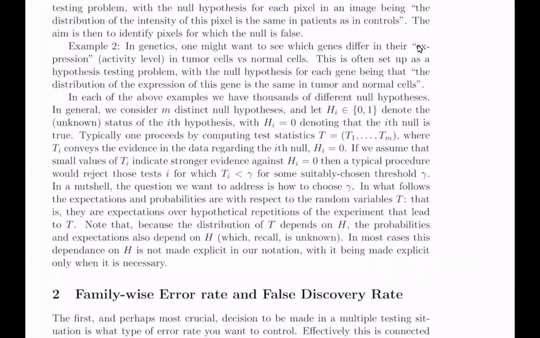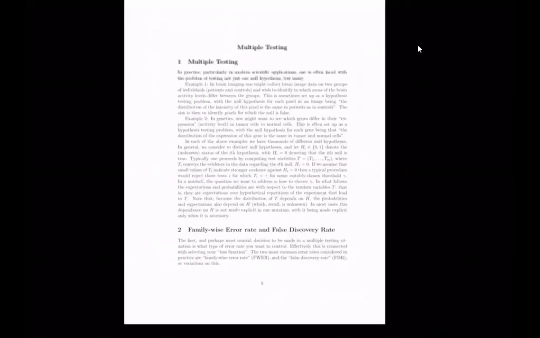the family-wise error rate and the false discovery rate as defined, formally defined in a frequentist point of view, because that's kind of the non-Bayesian point of view, where the truth or falsity of the hypotheses is fixed, and you think of the test statistics, which here we're going to call T here. They're the data, they're random, and you look at the behavior of procedures over repetitions of collecting T, new T. So all the randomness here is going to be in terms of T, whereas in the Bayesian paradigm, the hypotheses,